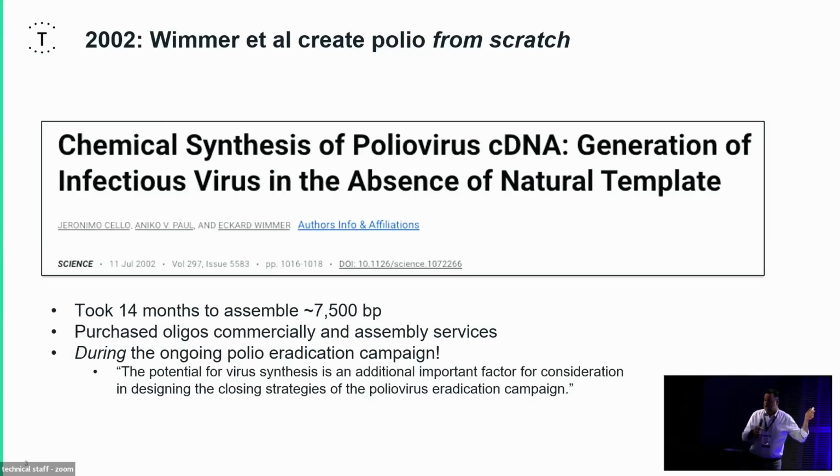So a lot of this goes back to, in 2002, Eckhard Wimmer used oligos to essentially stitch together the genome from the poliovirus, and to rescue live virus. And he did that in a background of the WHO working diligently on eradication of that virus globally. And so the point he was making was, yes, you can eradicate it in naturally occurring reservoirs, but synthetically you can just recreate the virus, especially for viruses like polio that have really small genomes, so 7 kb.